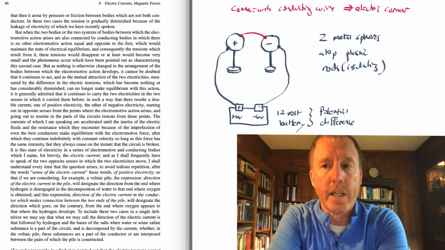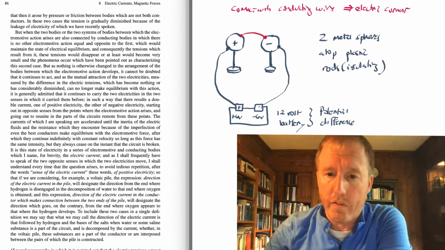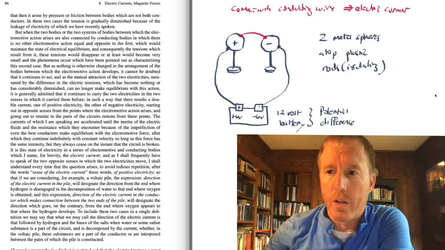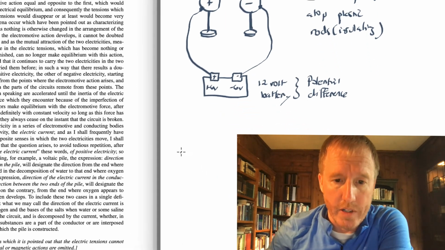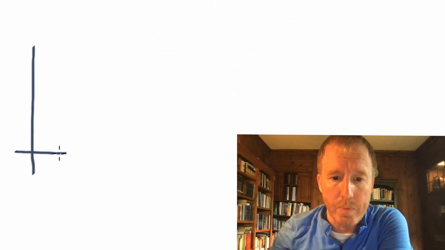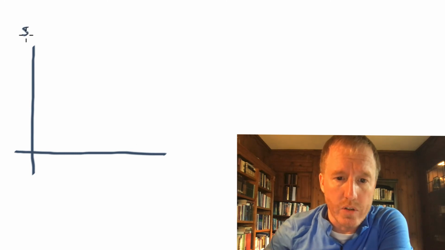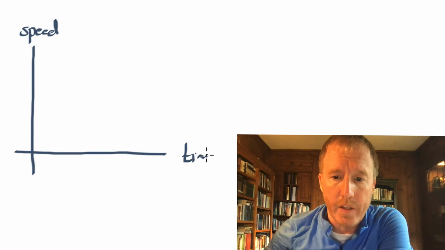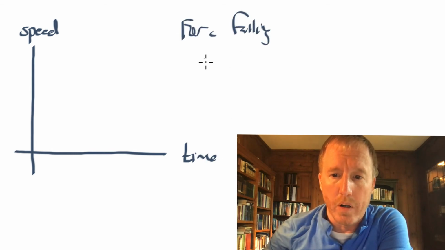This is really analogous to the idea of a terminal velocity. So if, for example, you were to drop a ball off of a building, a very tall building, what would happen to its speed? Well, if this is the speed, I'll make a diagram down here, as a function of time, this is for a falling ball.